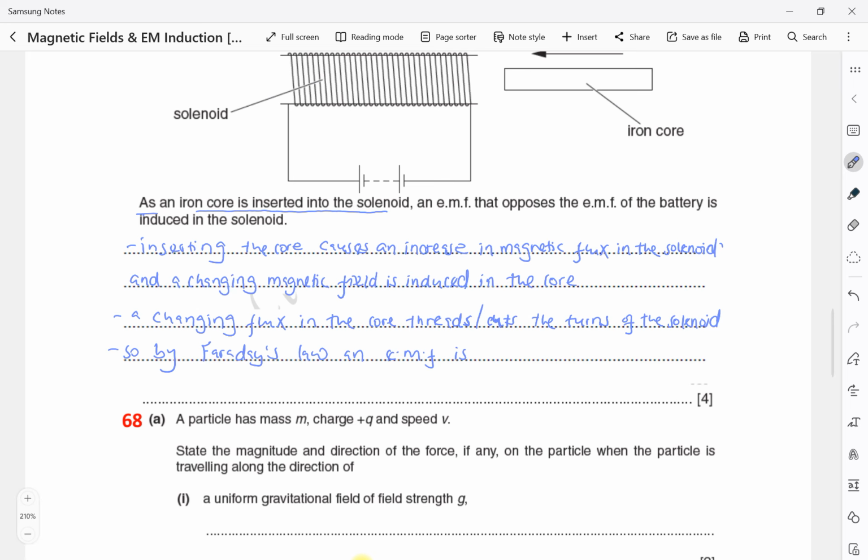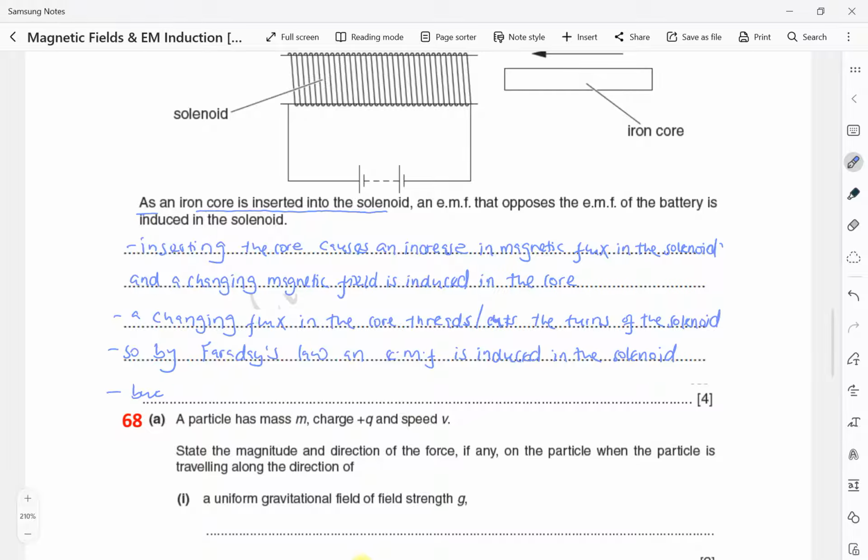So by Faraday's law, an e.m.f is induced in the solenoid due to the changing flux in the core,